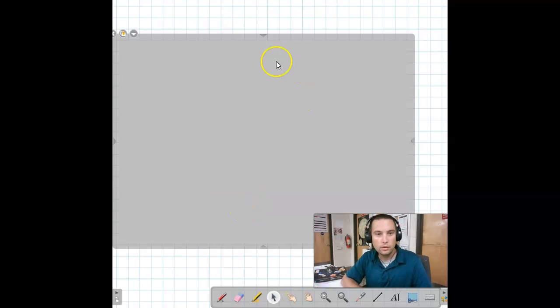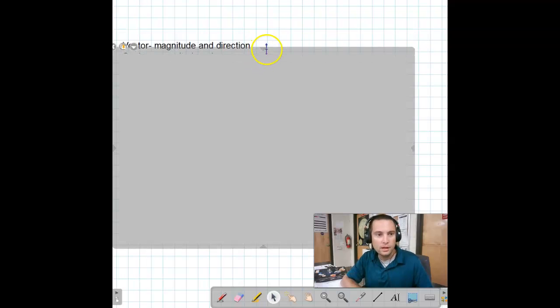Alright, so this is the condensed version of Lesson 1. It's the CTS version where I'm cutting out all of the extra stuff and just getting to the bare bones. So here we go. A vector